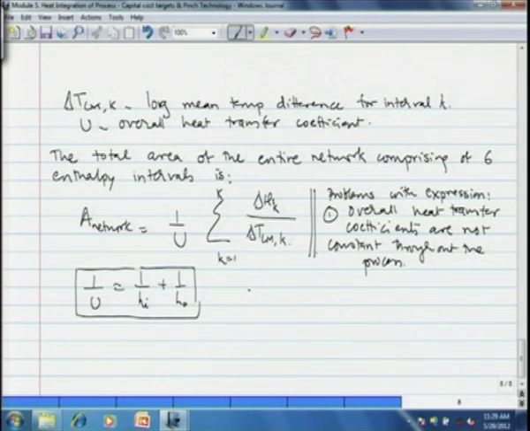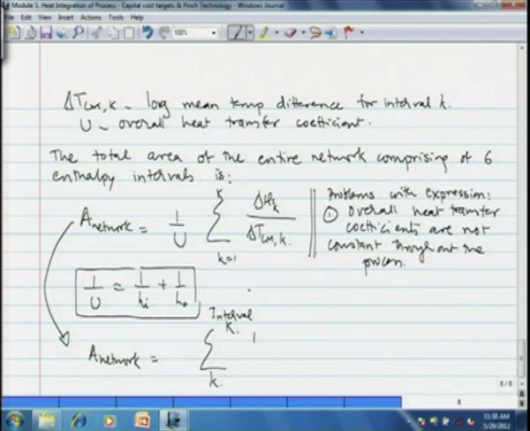And then we can now decompose this expression into an expression that takes into account the variation in U, but it also takes into account the number of hot streams and cold streams. So, in any interval,